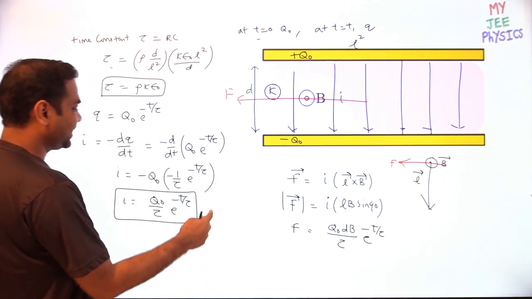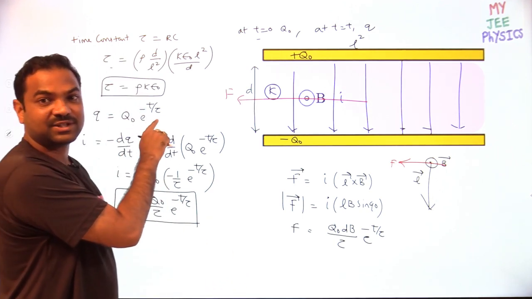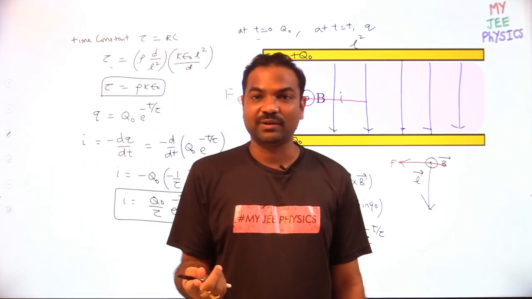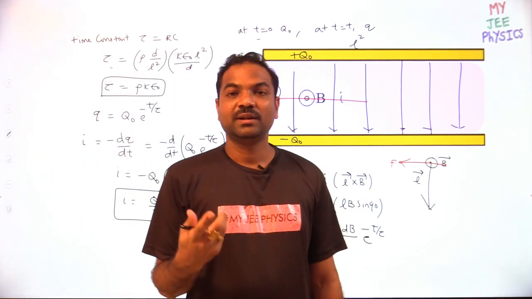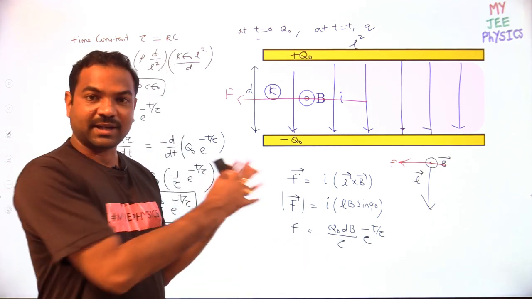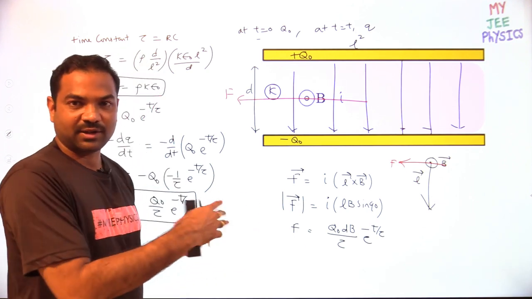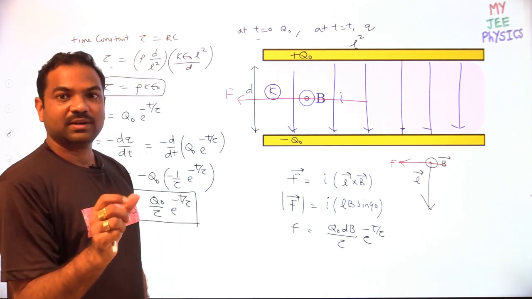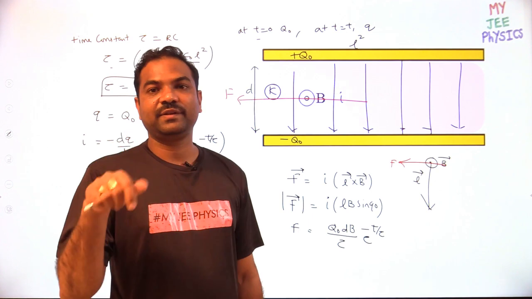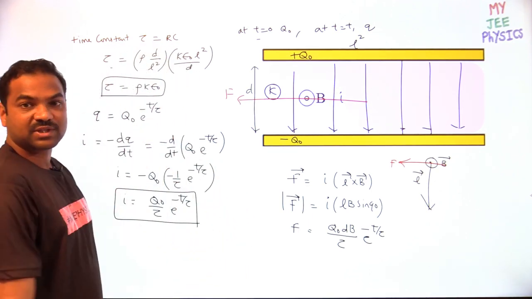Why? Because what is the time for which charges will flow? When will the final charge be 0? Final charge will be 0 at time equal to infinity. What is the meaning of time equal to infinity? It means it is undefined time. Don't think that it's a very large time. The time is very small, maybe in microseconds or milliseconds, right? So in that order, the time is very small, but the time is undefined. That's why we are calling it time equal to infinity. After time equal to infinity, charge will become 0.